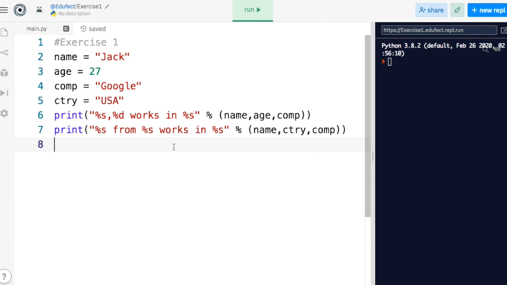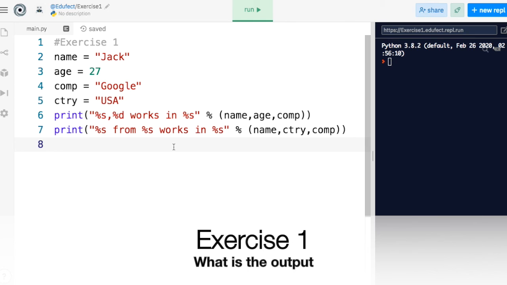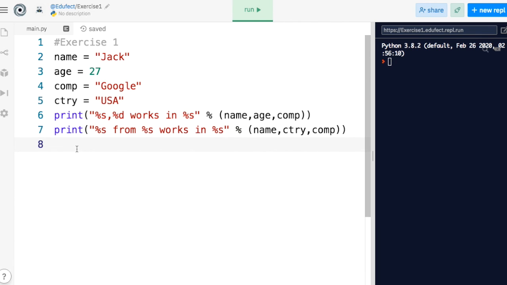So this is our first exercise. Here in the first exercise, we have some code and there are two print statements. What do we need to do? We need to tell the output that will be printed on the screen. The way to do it is read the code carefully. In your mind or on a paper, figure out the output and write it down on a piece of paper. Then type in this code, run it and check your output, and then put it in the comments. If you face any problem, let us know in the comments and we will help you.